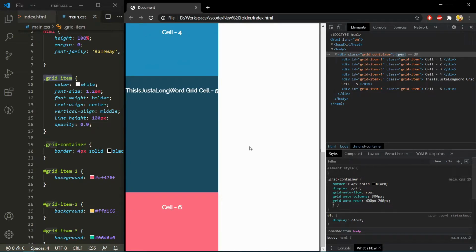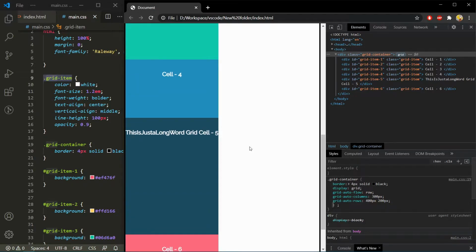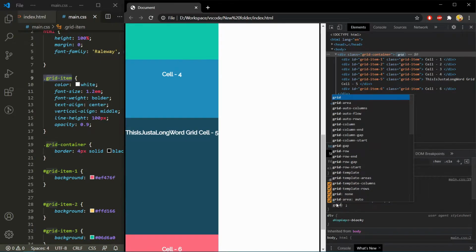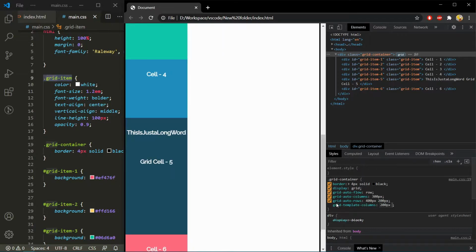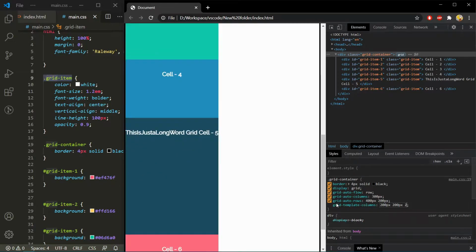Till now, CSS grid used to look into child elements and decide how many rows or columns were required. But you can define your own row count or column count and column size as well. For that purpose, you can use grid-template-columns and grid-template-rows properties. Let's say I want to create a grid having three columns and two rows. So for that purpose, I will define the property here, grid-template-columns. Let's say 200 pixel, 200 pixel and 200 pixel